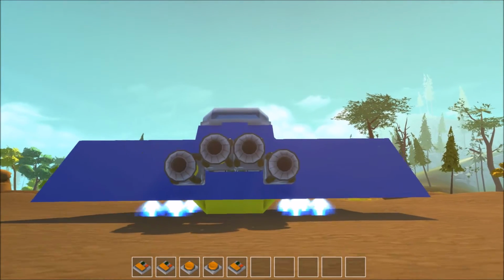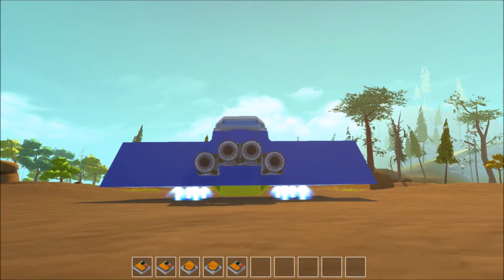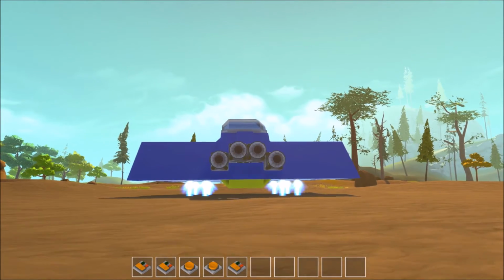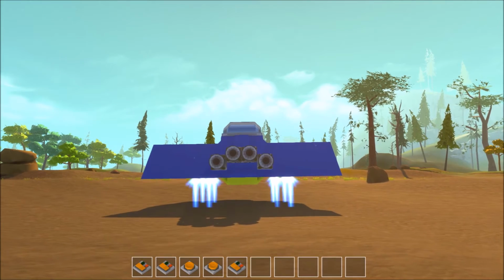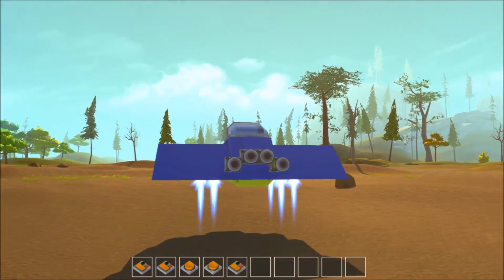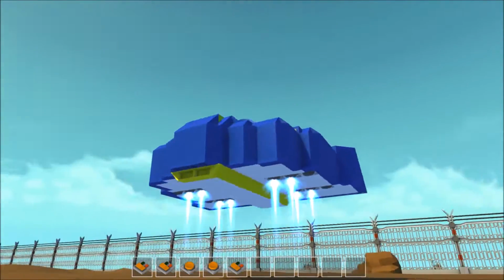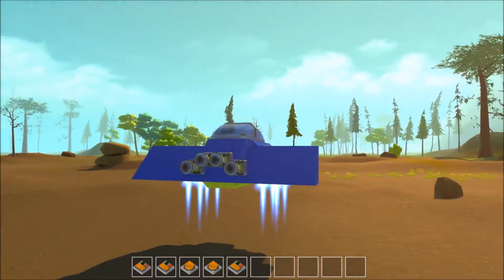activates the hover rocket, so that just makes it hover. You can actually get it to hover. They're pretty neutral. It doesn't really move the aircraft upwards or anything, but if you use the left and right buttons to alter the pitch, you can actually lift the rocket up in the air a little higher like this. You don't have to do that if you don't want to. There's no landing gear on this thing, and as you can see, it's a very neutral lift that it's got